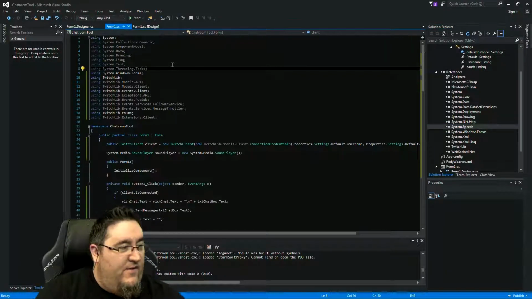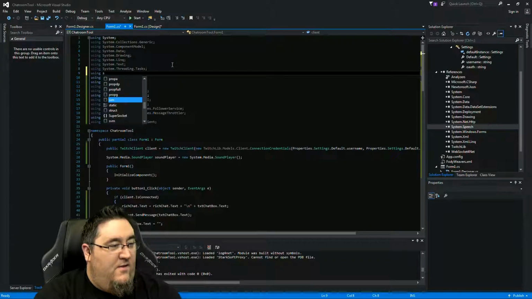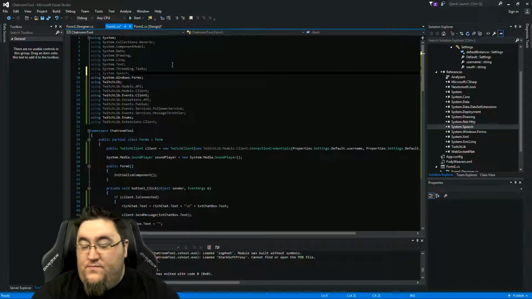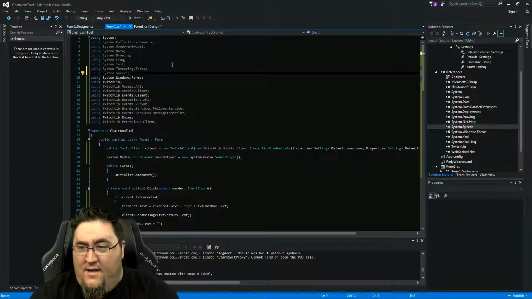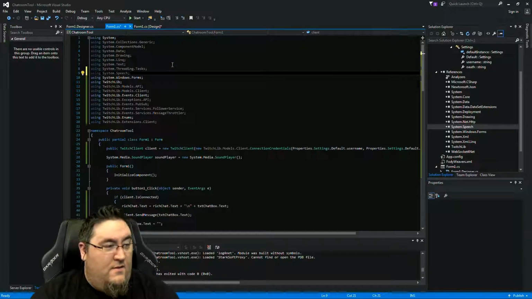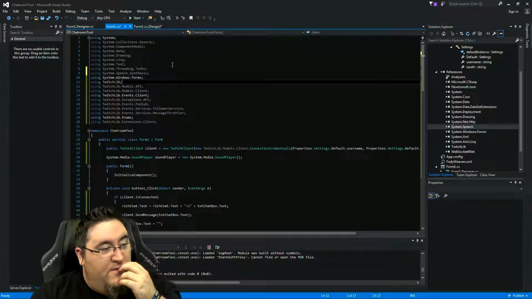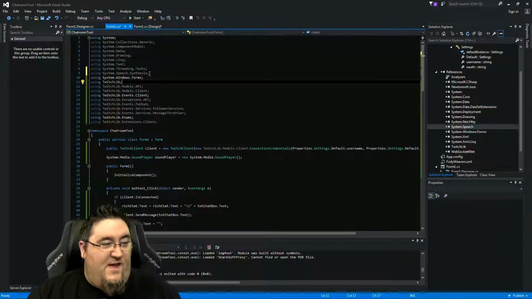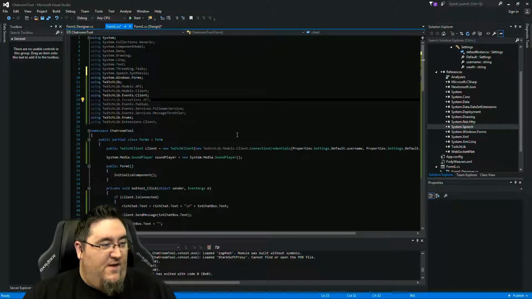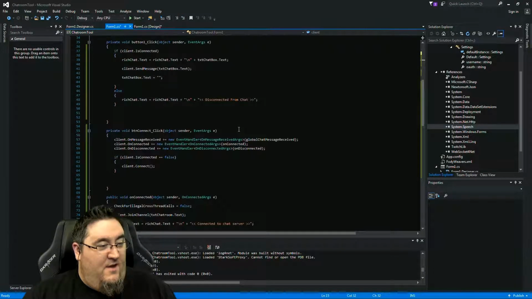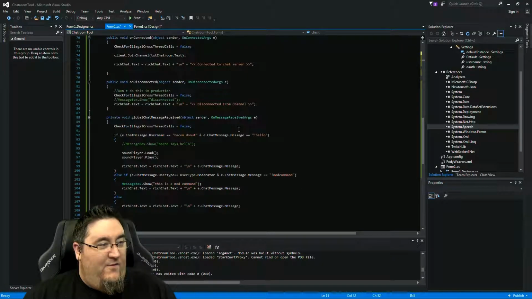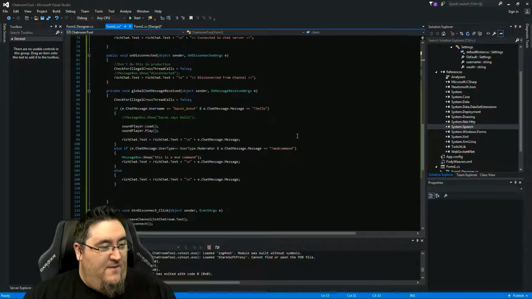So underneath all this stuff, using system.speech. And actually, we'll do system.speech.synthesis. We don't need the whole library, just the text-to-speech, which is in synthesis. Okay. All right. So now that we've done that, if we come back over here to the sound,